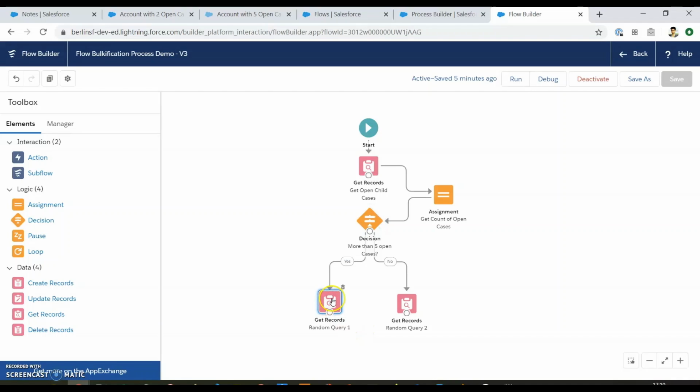query, and this query is going to be executed as a collective. Basically, there will be a collective execution. Why? Because they are executing the same element here. But for the third case, which has less than 5 open cases, this element is going to be